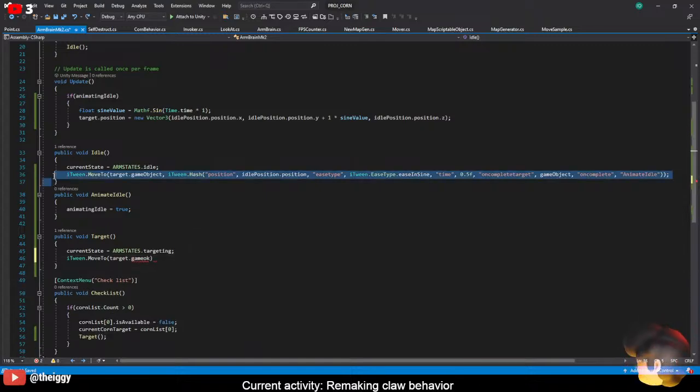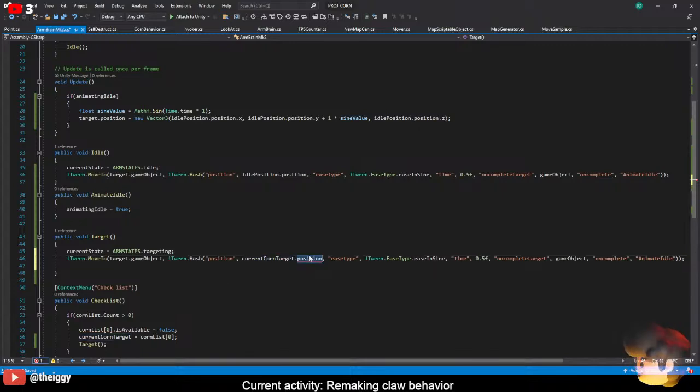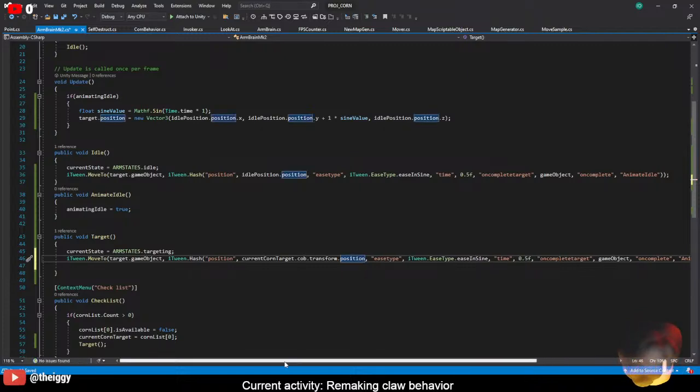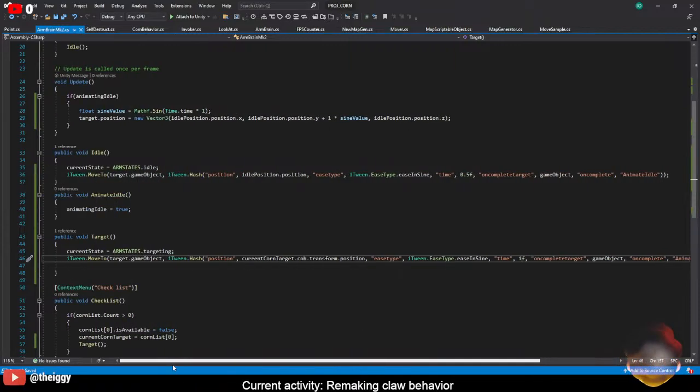Let me just copy this. We're gonna move to the current corn target dot cob dot position dot transform dot position. So we're gonna move it to the cob's position. Okay, and then when we target, we're gonna move in like 1 second or something. And when we reach the target,